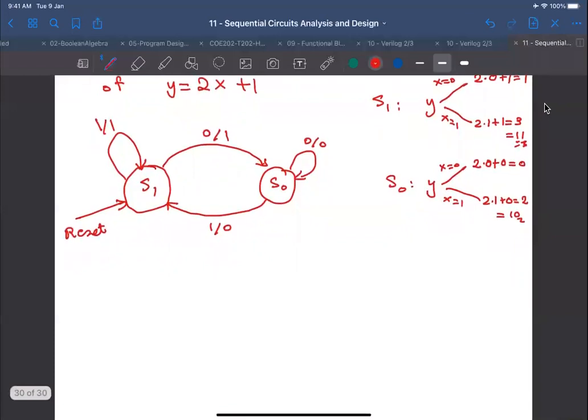Now let's suppose this is the present state. We haven't implemented this circuit, and I don't intend to implement it, because you already know how to implement the circuits now, the sequential circuits or synchronous sequential circuits. We have given enough examples for implementation. So this is the present state, which is S1 initially, and my x is going to be, for example, let's take x equals